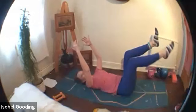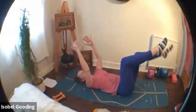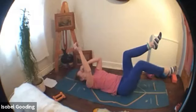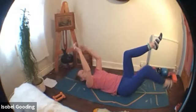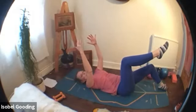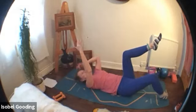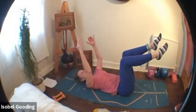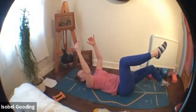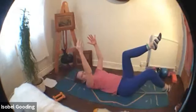bring it back up, and then the right toe. So it's slightly more of a lever than our regular toe taps. If this does not feel great for your backs, you go back to regular toe taps. So we're keeping that right angle, taking it down, bringing it up. Keep those hips nice and still. Take it down. 4